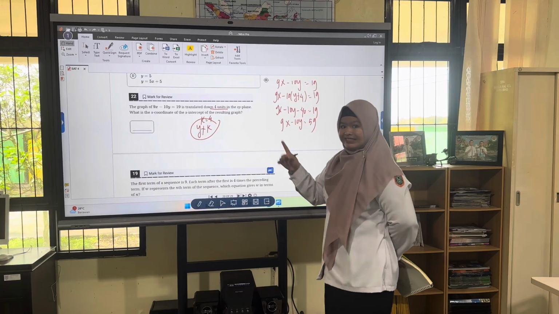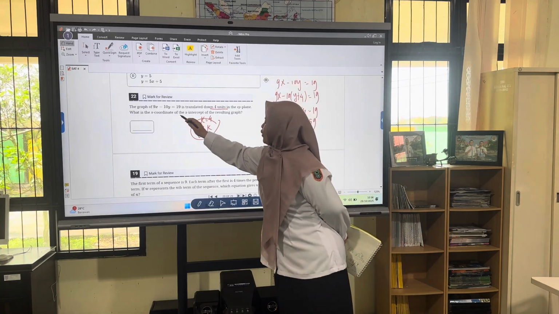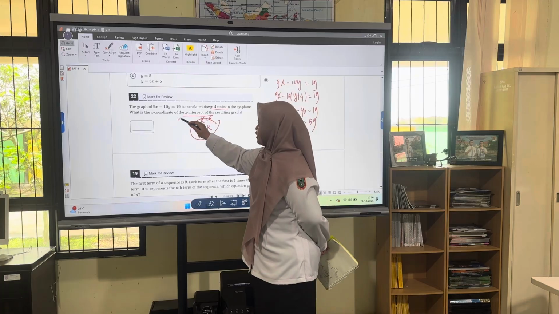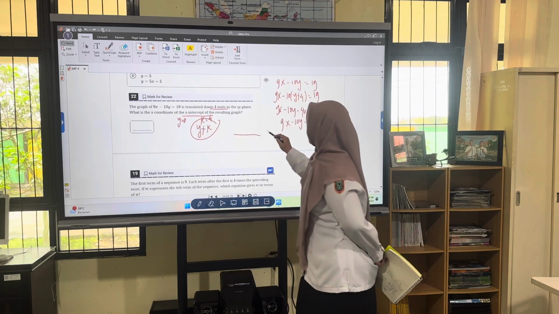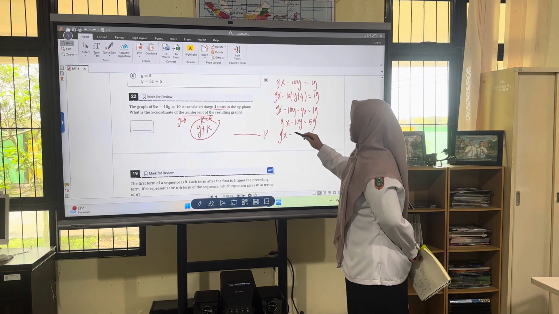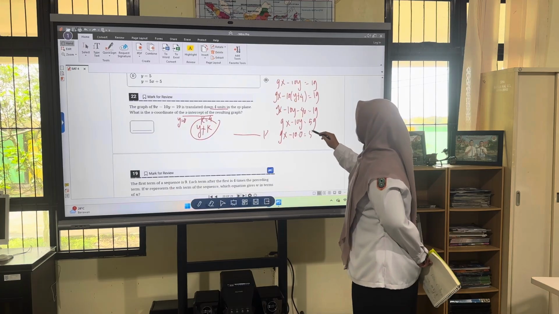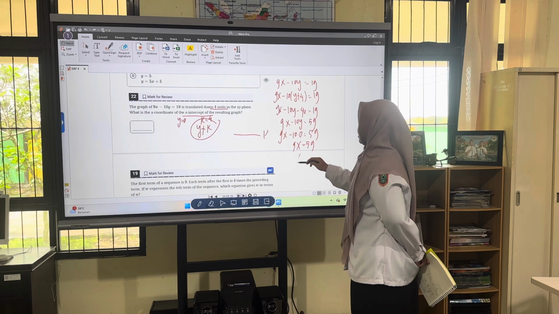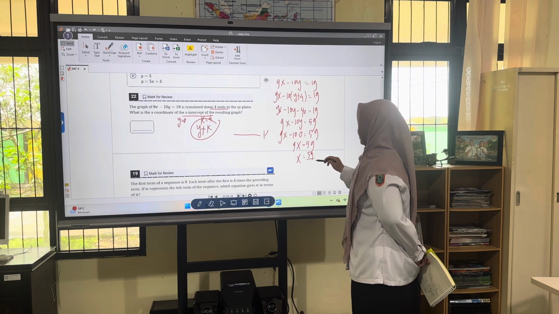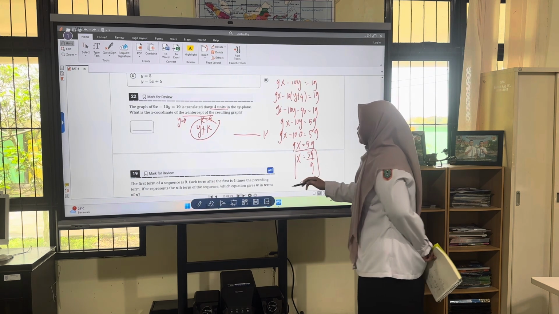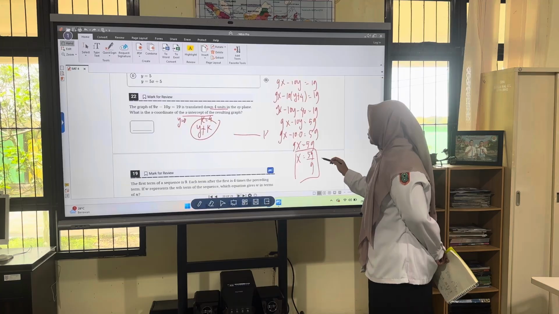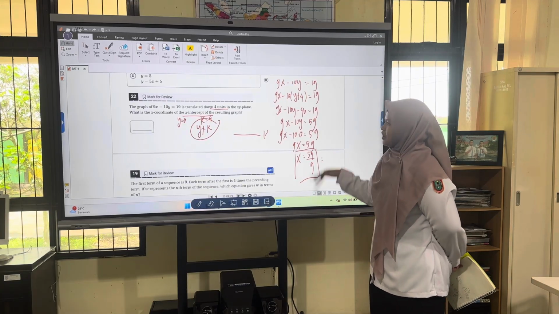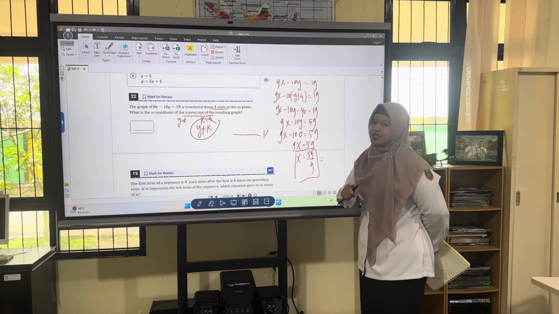But see the question. What is the x-intercept? As we can see, the x-intercept is where y equals 0. So you substitute this information, 9x minus 10 times 0 equals 59. So you will get 9x equal 59, x equal 59 over 9. So from here, everyone, if you want to use this one, it's okay. If you want to change it to a decimal, it's up to you also, because it doesn't matter, because you have the decimals, right?